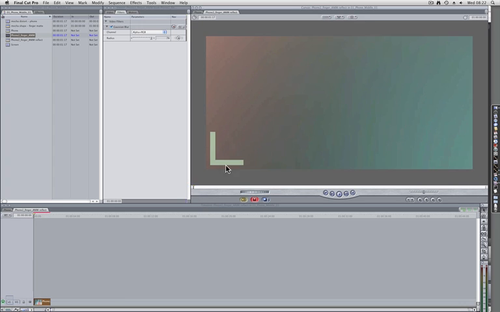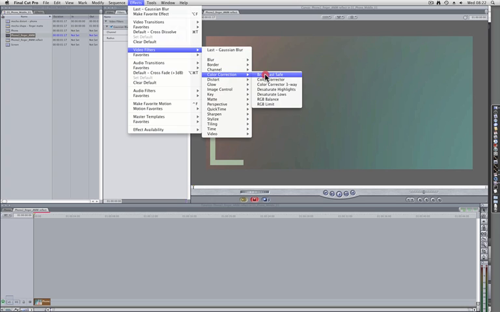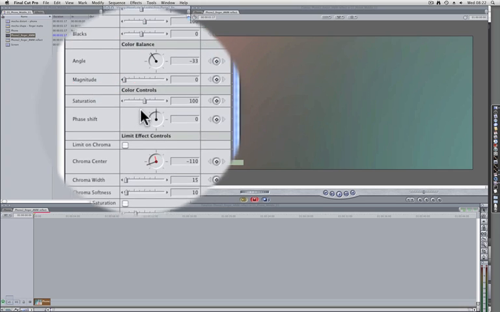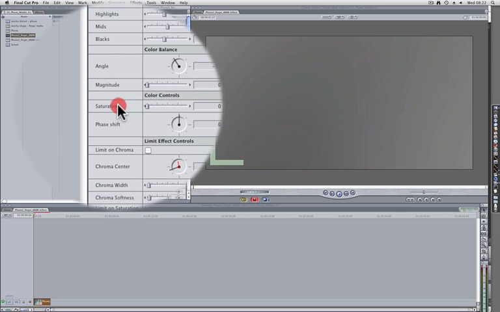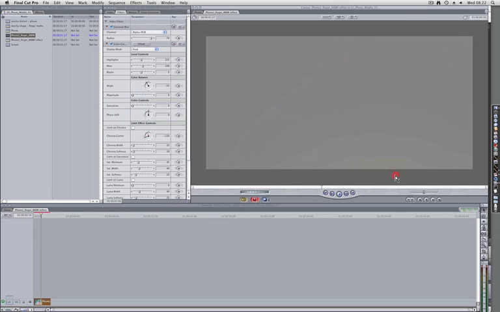Now we don't want any of this colour in here really, so I'm also going to add a colour corrector and just pull down the saturation to 0. So this gives us sort of a basic fake reflection that we can now use to composite over the top